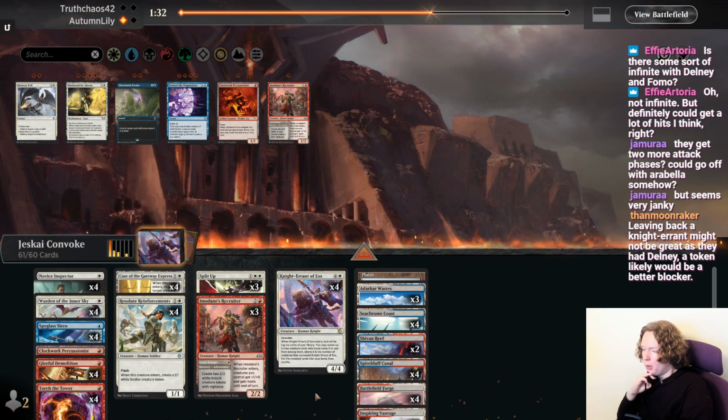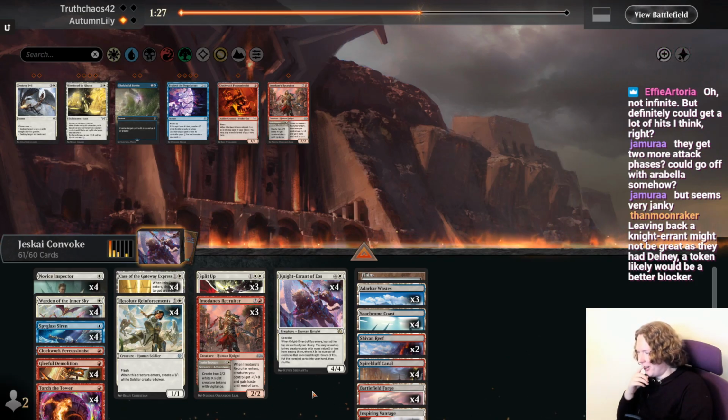Yeah, token would be a better blocker. I agree. Yeah, the Downy. I did figure that one out, Moonraker. It took me a moment. Not very used to playing against this Downy card, but